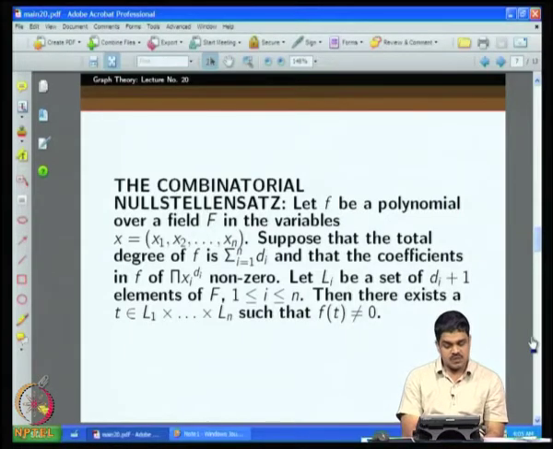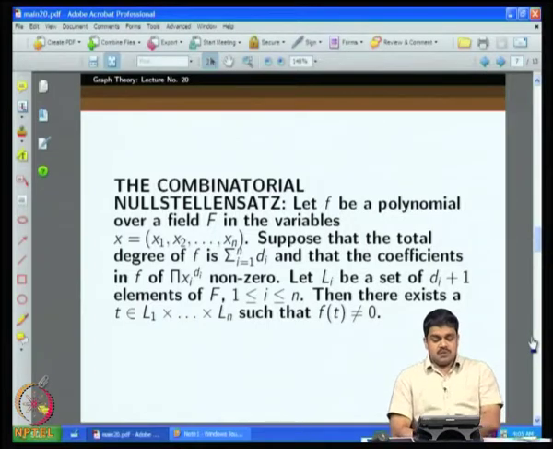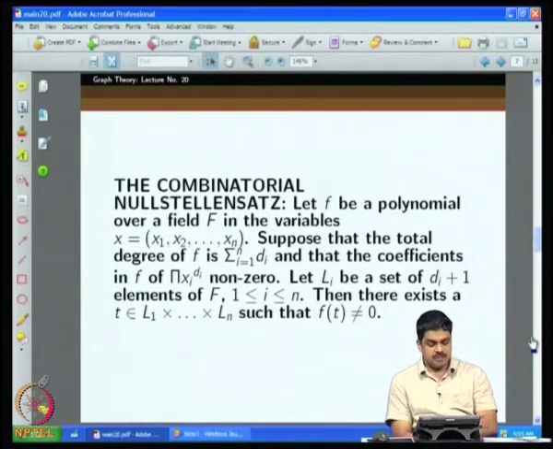So, that is the way we are associating d i to x i. The x i is a variable, we are saying that it has a list of values which are allowed for it, and its cardinality is d i plus 1. Now, compared to the earlier statement, here in some terms x i may have a degree greater than d i, but the total degree will remain the same. So, the total degree is the sum for i equal to 1 to n of d i, and